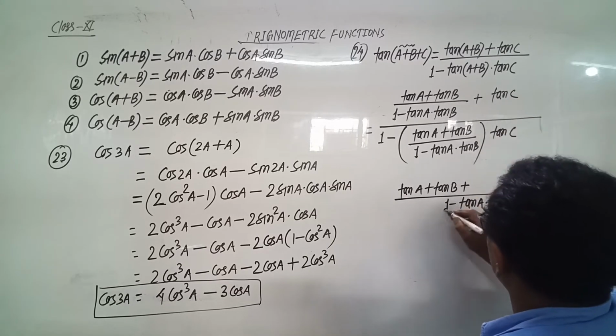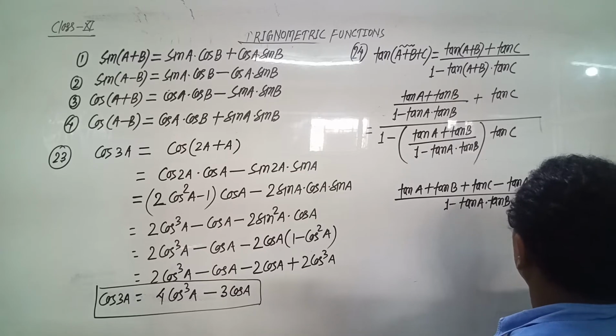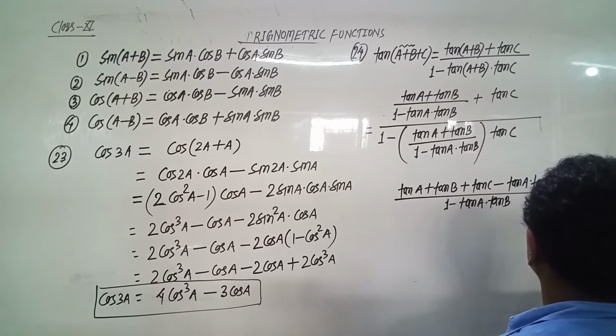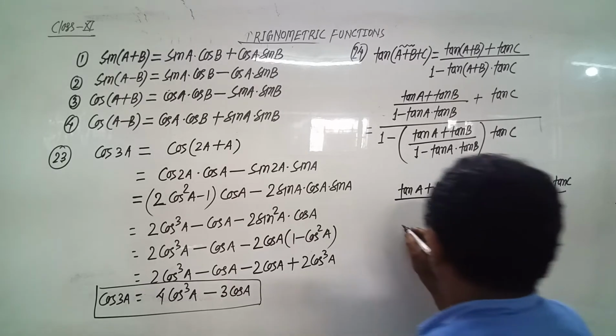So tan C minus tan A into tan B into tan C, whole upon